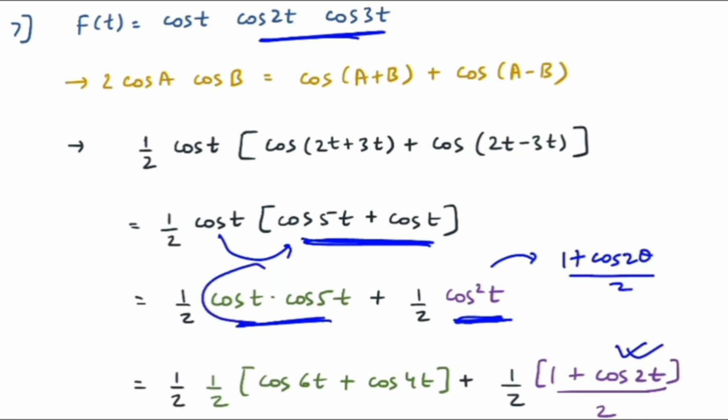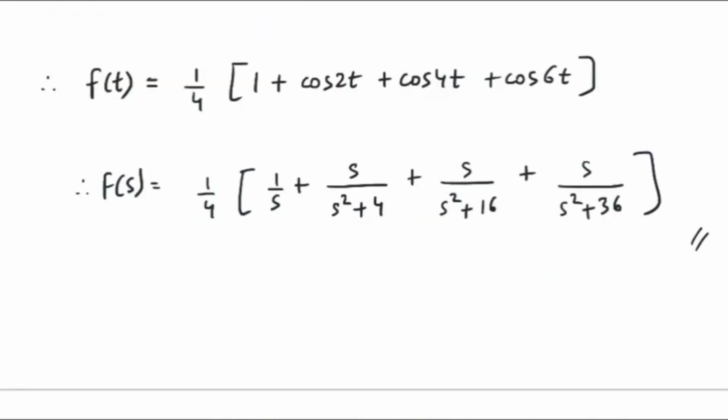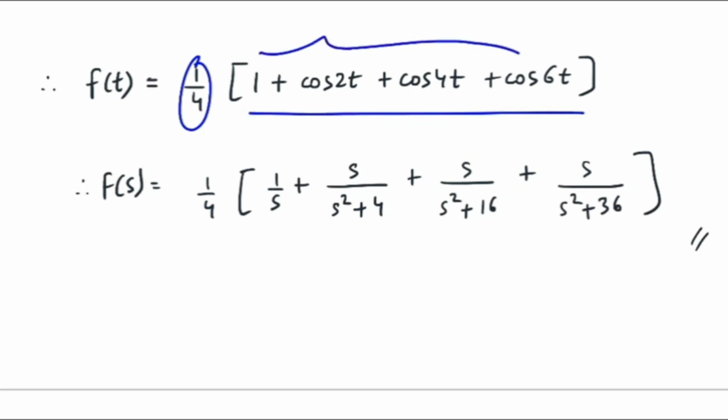But what about this term? Cos t into cos 5t. You have to use the identity which you have studied earlier. 2 cos A cos B is equal to cos of A plus B plus cos of A minus B, right? Use that, and you will get the answer as half into cos 6t plus cos 4t. From the previous step, I just took 1 by 4, which was constant, outside, and once I do that, the bracket becomes 1 plus cos 2t plus cos 4t plus cos 6t. Every function is now in the addition format.